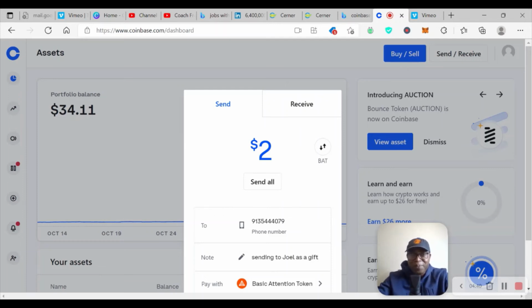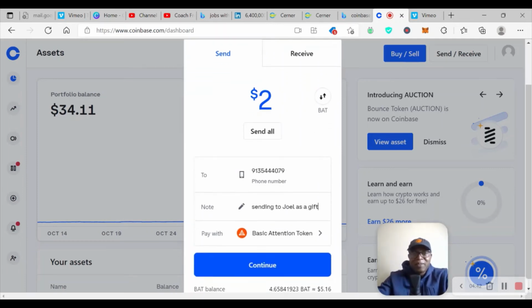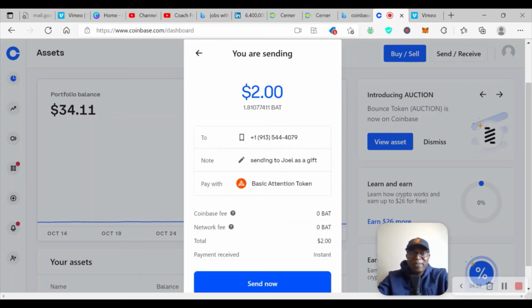Once you type the note, your coin is already selected for you, and the next thing you do is click on continue. Once you click on continue, Coinbase will preview the transaction so you can make sure this is what you want to do.